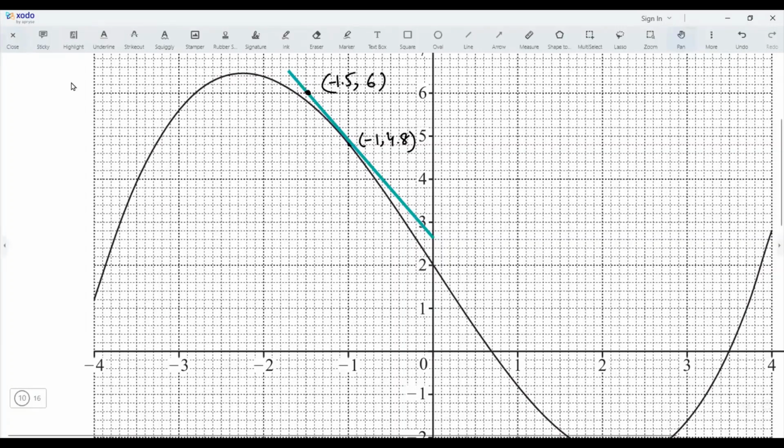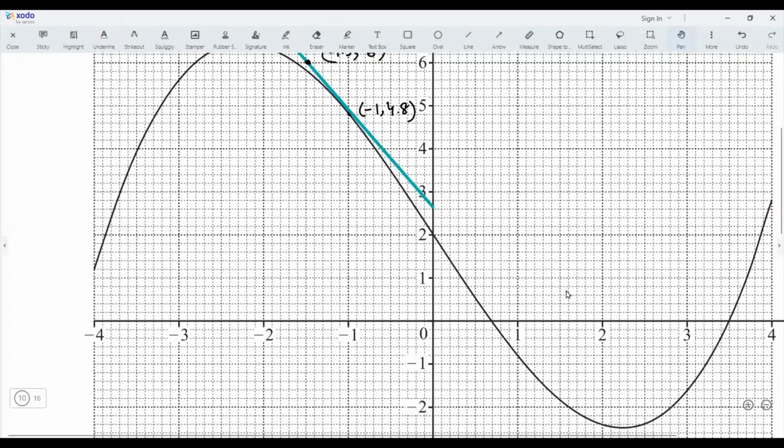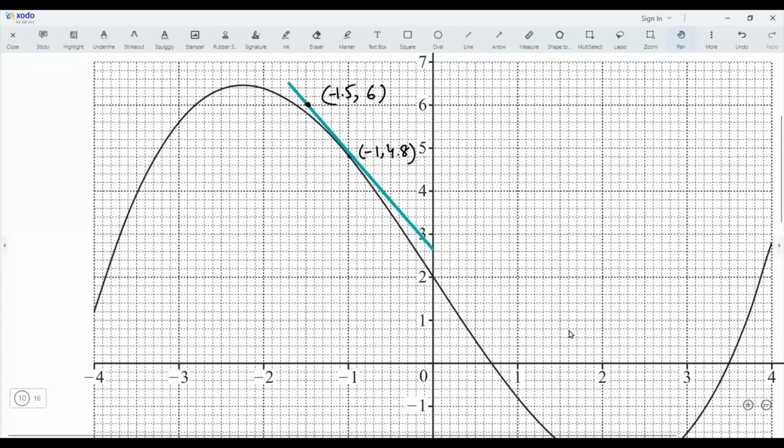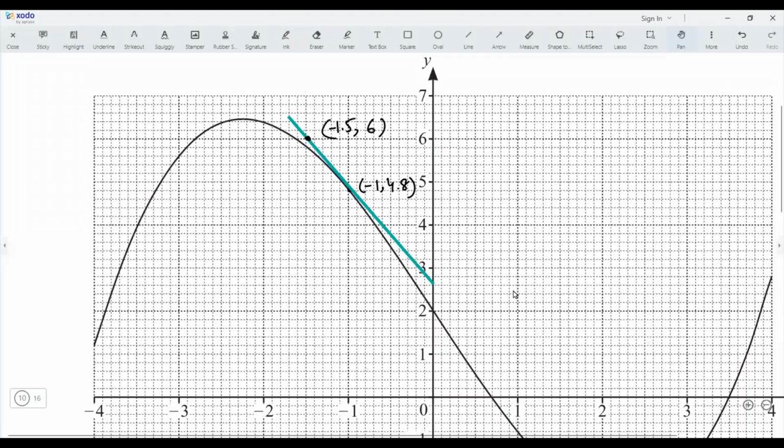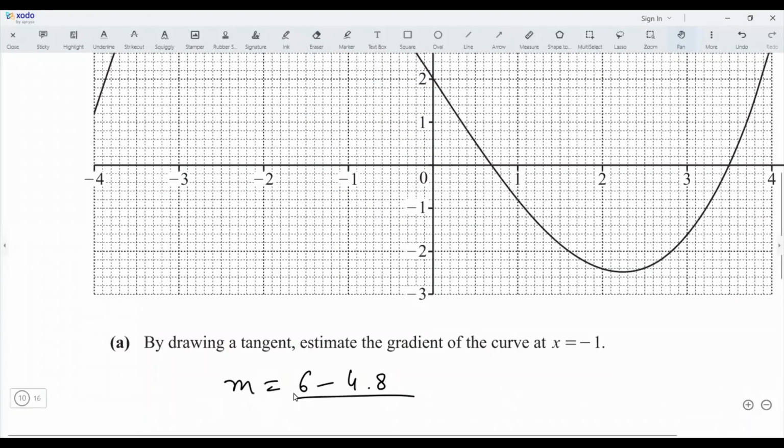So I can simply find the gradient. It will be y2 minus y1 over x2 minus x1. So y2 is 6. We can say 6 minus 4.8 divided by, what's the x value at 6? It is -1.5,